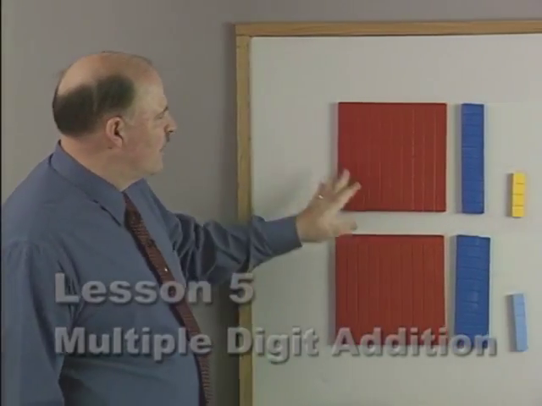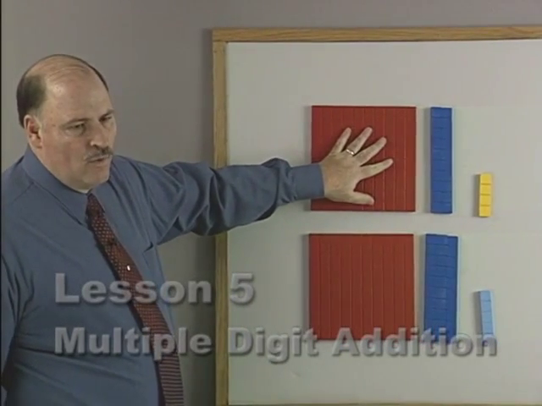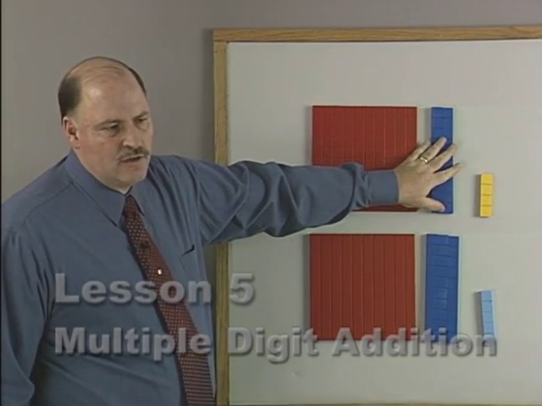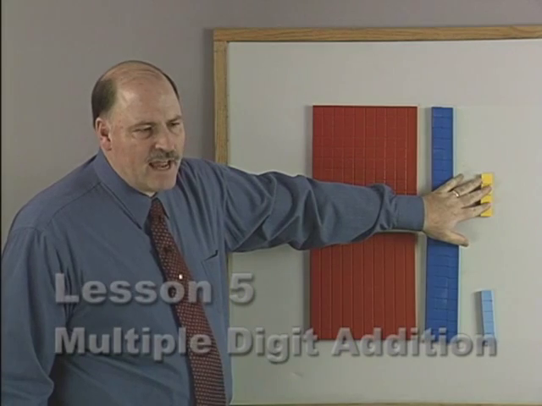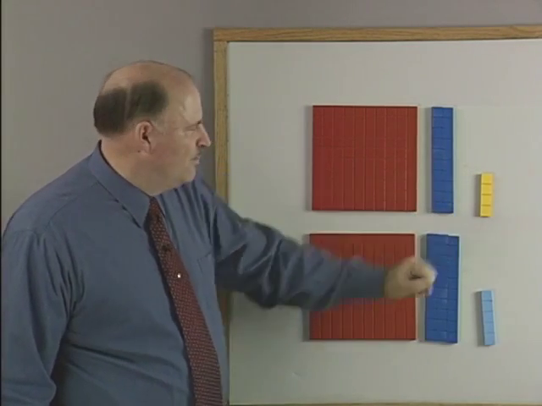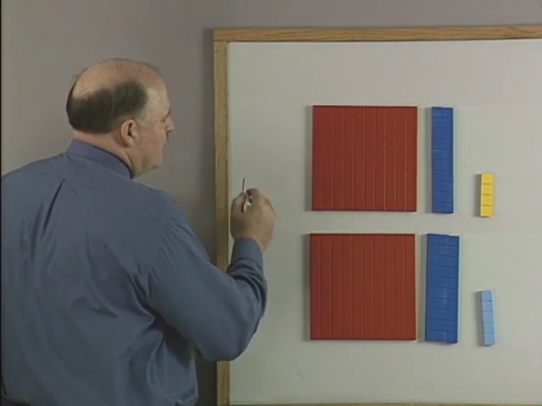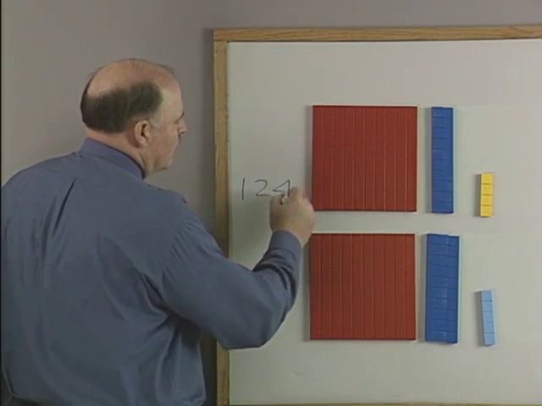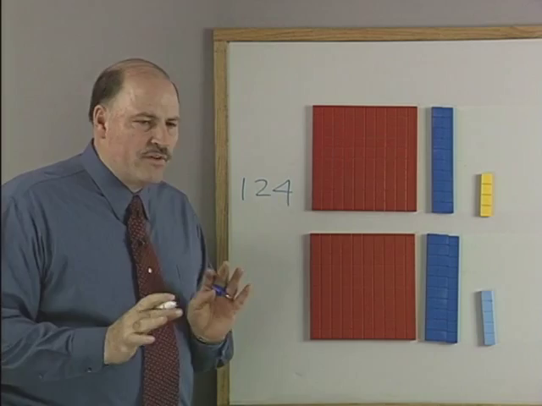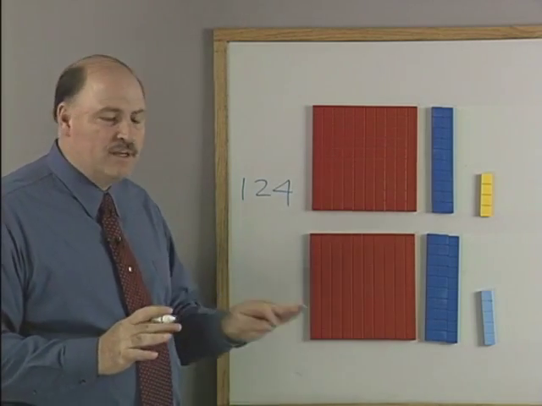All right, what do we have up on the board here? Let's look at this first number. What's this? 100. How many tens? 2 tens and 4 units. Okay, how would you write that? 124. Now, before we go any further, because I do want to add these two numbers, let me just back